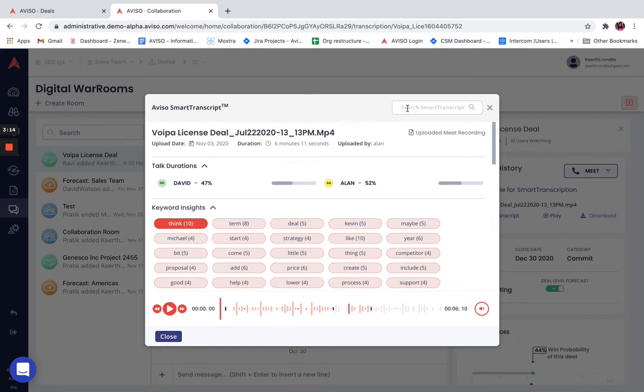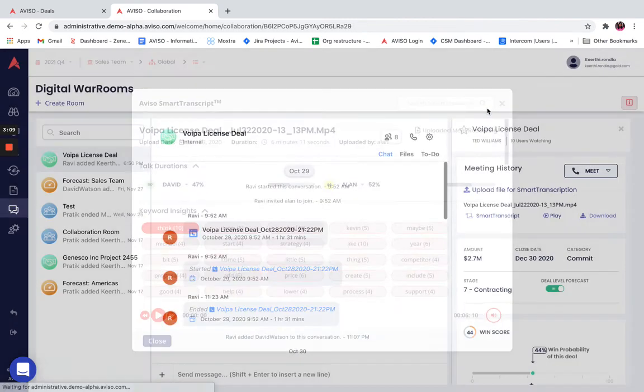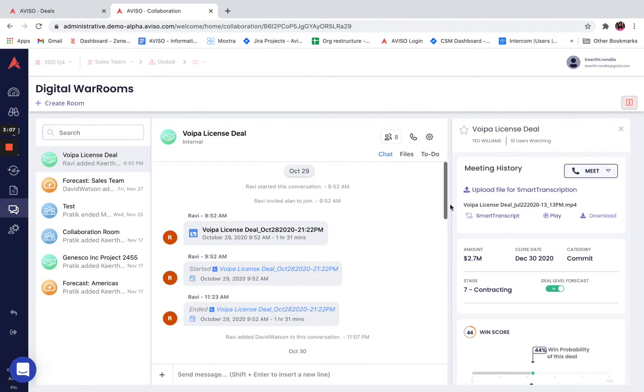Leverage our search box to see what each team member or your manager has spoken during the call. If you have an existing recording already available, use our upload file feature available to upload the recording for smart